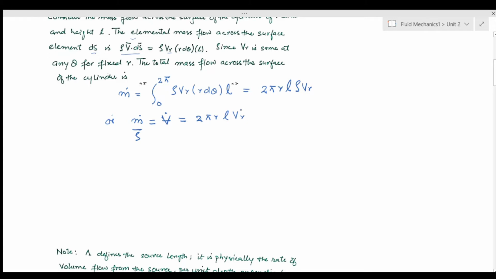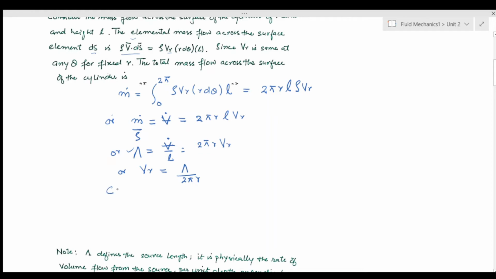Okay. Now because for source and sink flow I was talking about a two-dimensional flow, what I am going to do is bring another element here and show it with the capital lambda. This is a Greek symbol, capital lambda, which is volume flow rate per unit length, and this would come out to be 2 pi r VR. Or my VR is going to be capital lambda divided by 2 pi r.